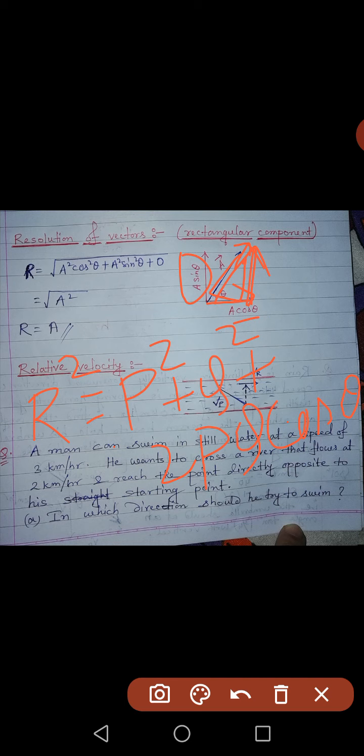It is 90 degrees. So if it is 90 degrees, in place of cos theta we should substitute cos 90, and cos 90 means 0. So the third term automatically becomes 0. So what is r now? R square is p square plus q square, then r should be the square root of p square plus q square. So that's what I have written here.